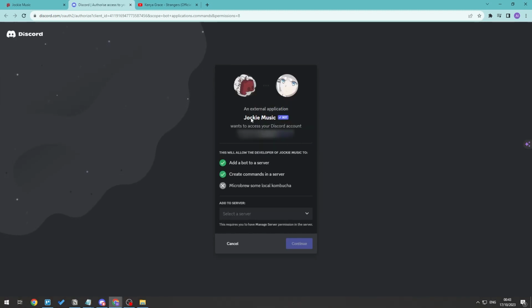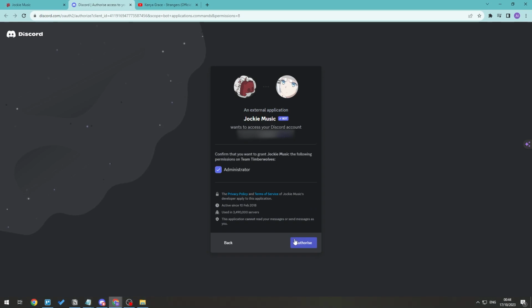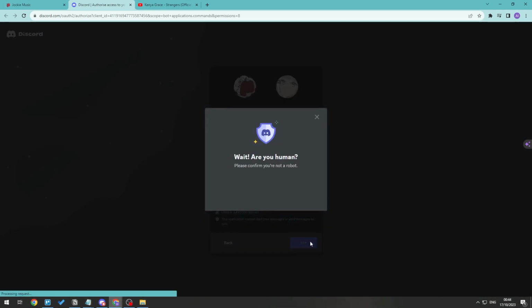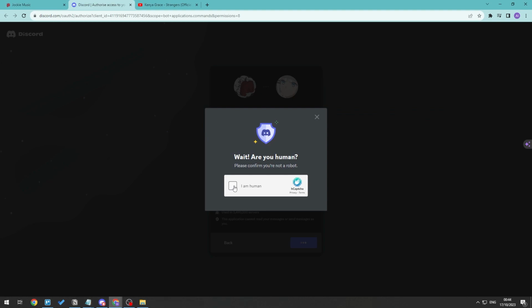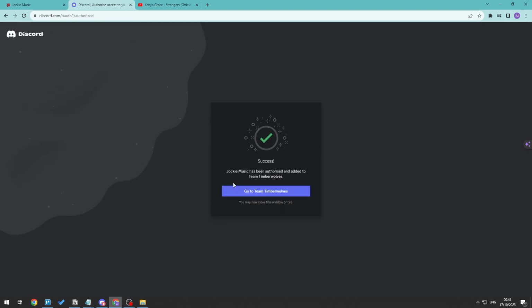And what you want to do is to go ahead and log in. If you are not logged in, then go ahead and log in and then select a server right here that you are currently in. So go ahead and add a server right here and then click continue. And then what you want to do is to make sure that this is ticked right here, and then go ahead and click authorize. Go ahead and confirm that you are not a robot, and then you should be able to see something like this, that it has been authorized to be in this